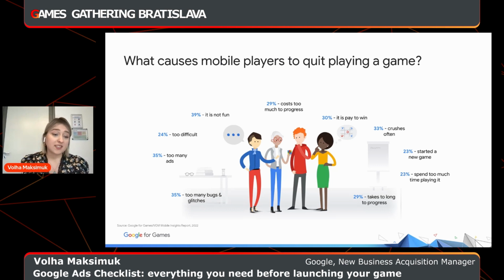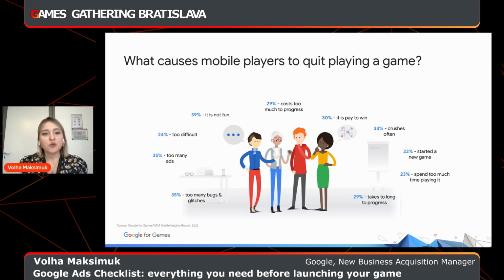There are many reasons why I decided to share all of this data with you. Again, I know it's quite a lot of data to remember and to think about straight from the beginning, but there is a pretty important point which I want to make. You need to understand your users, and you need to have this data and information in front of you when it comes to your app.